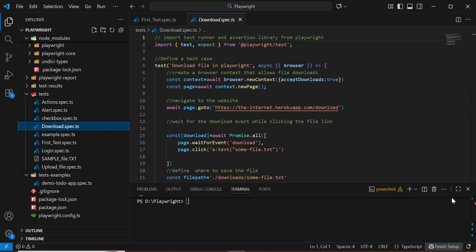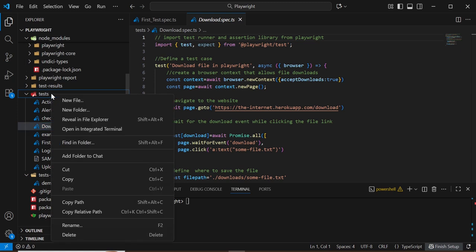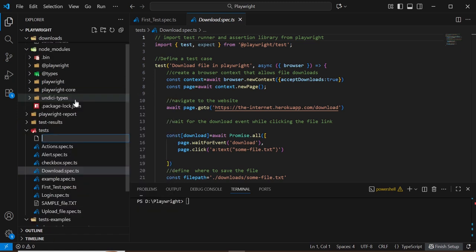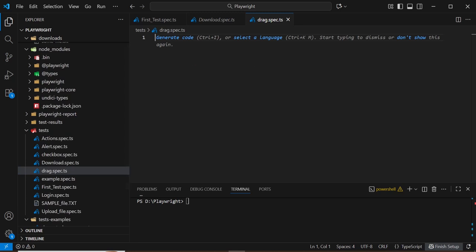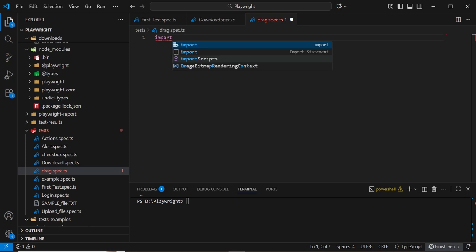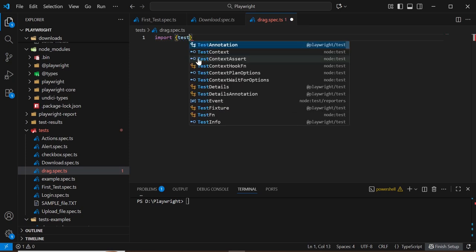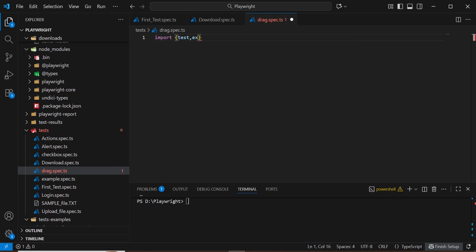So let's begin. Create a new test file: right click on the tests folder, click on new file, and enter the file name rec.spec.ts. Now we have successfully created a new test file. First, import test and expect. Import test, comma, and expect